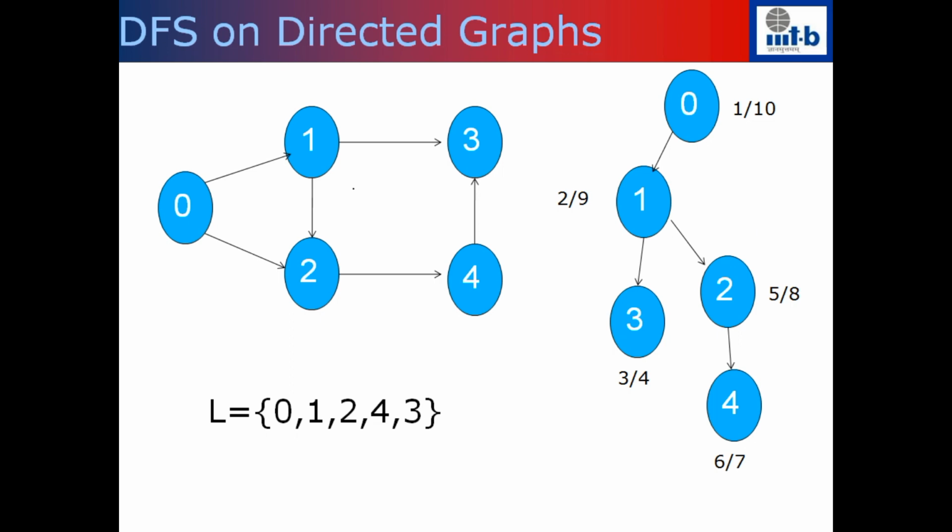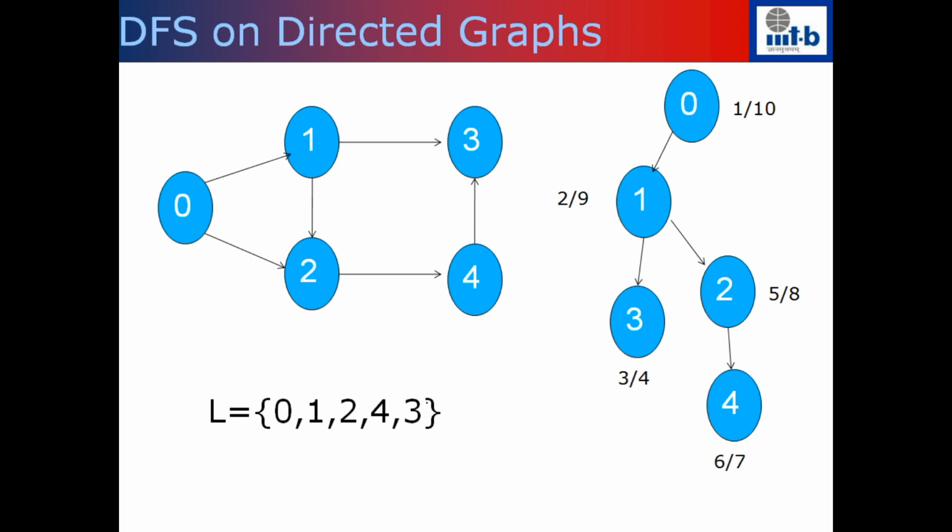In this example, there was an edge from 4 to 1. I deleted that edge, so I deleted the cycle, and what I have now is a DAG. The order L will remain the same. If you look at this ordering of the vertices, it is in the decreasing order of the finish times, so the highest finish time will be the first one. Now you can see that every edge goes from left to right: for example 0 1, 0 2, 1 3, 2 4, 4 1, and 4 3. All the edges in the graph are forward edges.